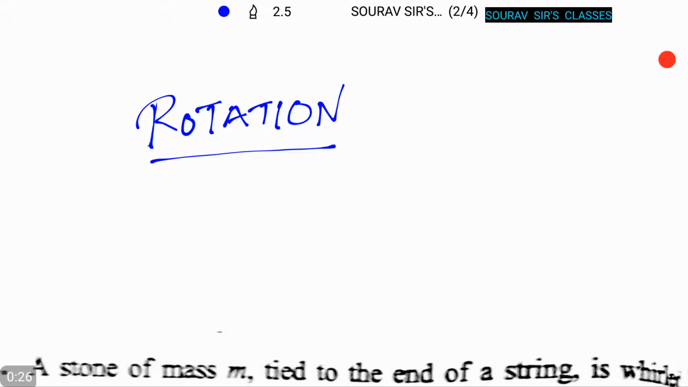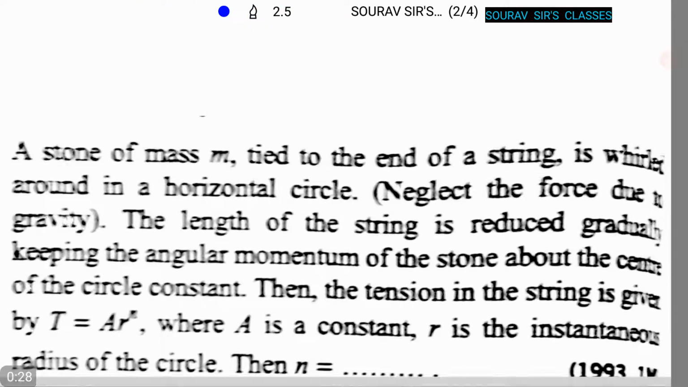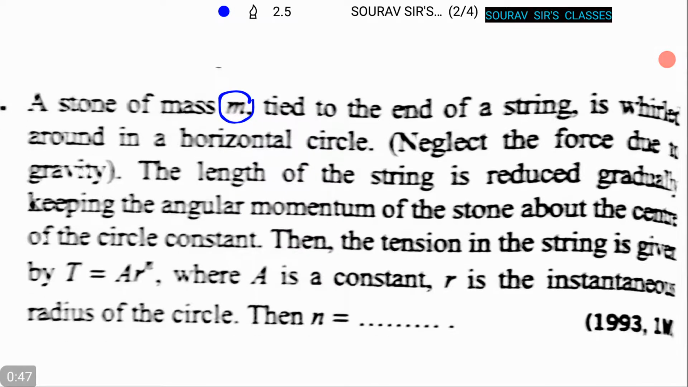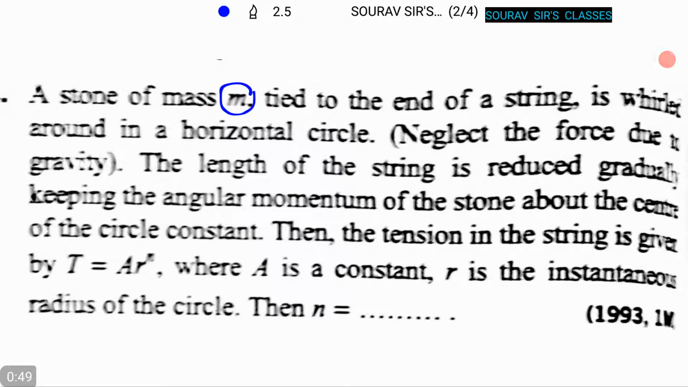Today we are solving some questions on rotation, and our first question is: a stone of mass m, so the mass of the stone is given, tied to the end of a string, is whirled around in a horizontal circle. It is also given to neglect the force due to gravity. The length of the string is reduced gradually, keeping the angular momentum of the stone about the center of the circle constant. Then the tension in the string is given by